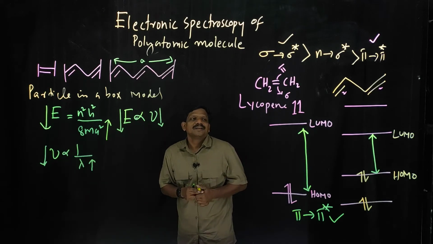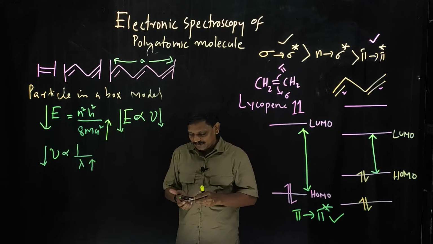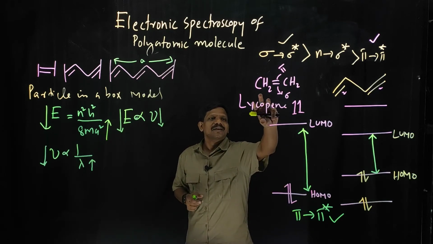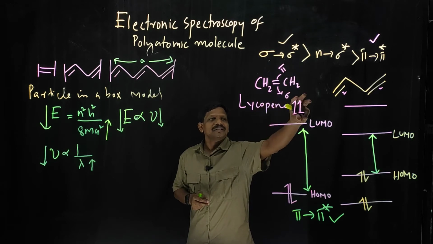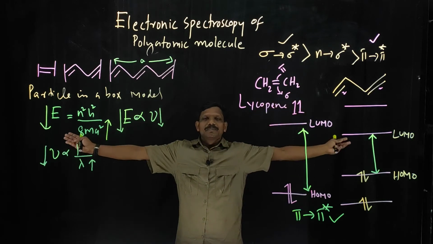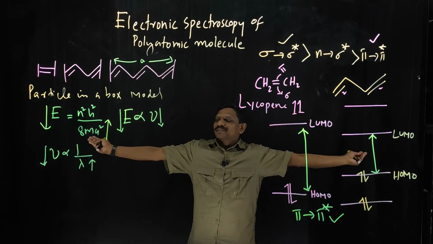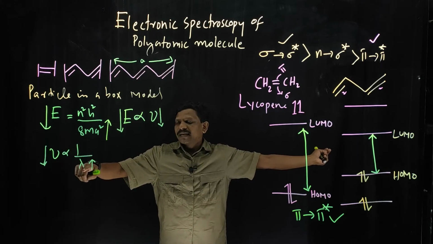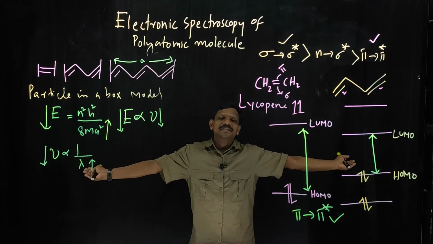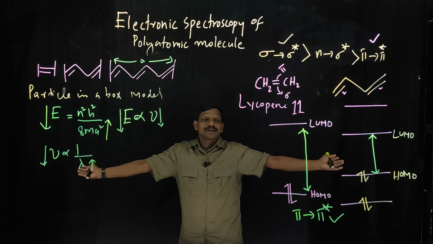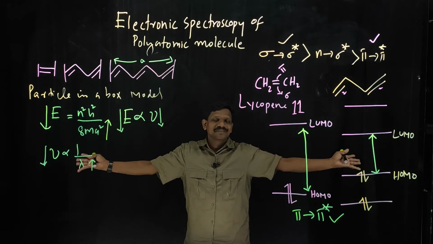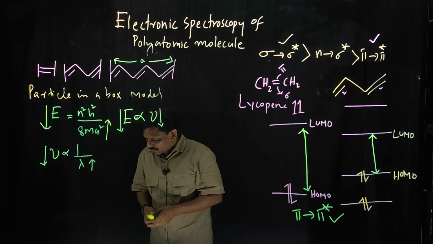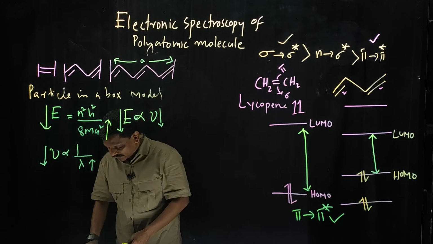Wavelength increases. Now you can find out the answer why tomato has this beautiful color. That means lycopene is the compound there. It consists of 11 conjugated double bonds in this fashion. So what happens? It will show the light in the high wavelength region. What is that light? That color is red, attractive red color. So that is about what happens when conjugation increases.